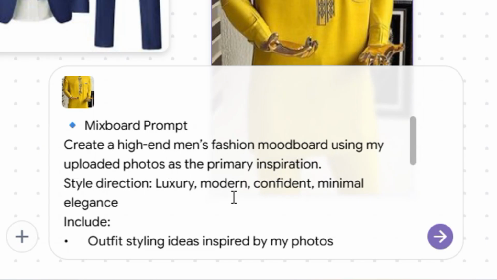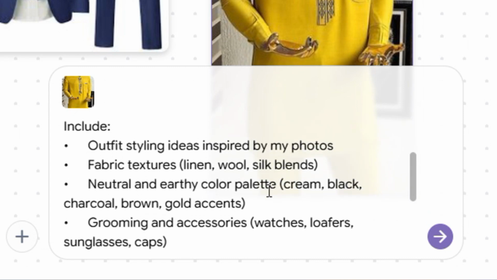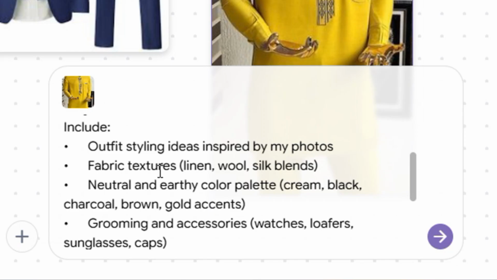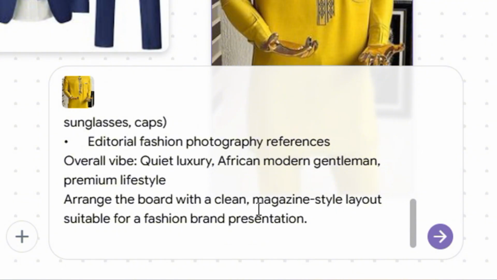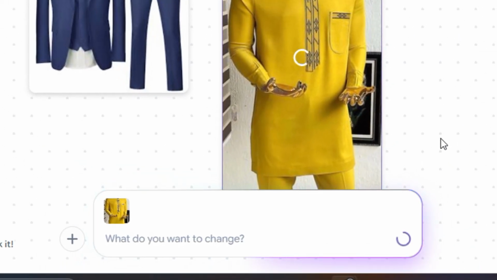Style direction, it should be luxury, modern, confident, minimal, and so on. Elegance, include outfit styles inspired by my photos, fabric textures like linen, wool, silk, and so on. So just make it come to life. You can just literally say bring it to life with humans. So we can just go ahead and click on enter